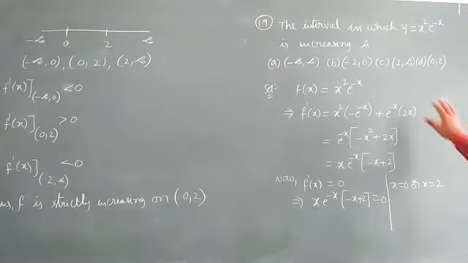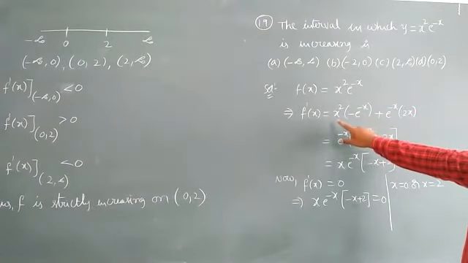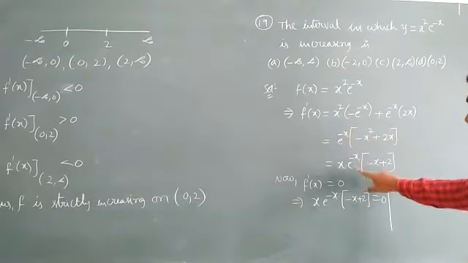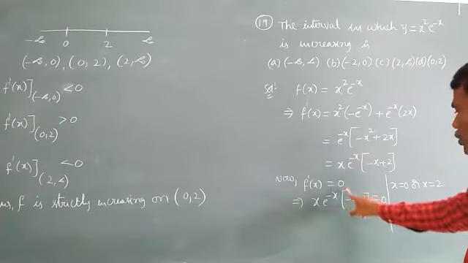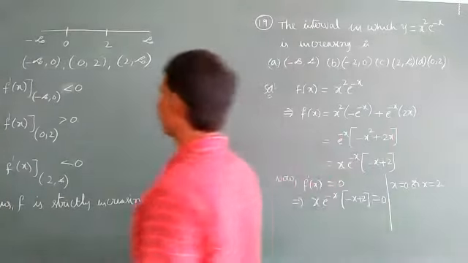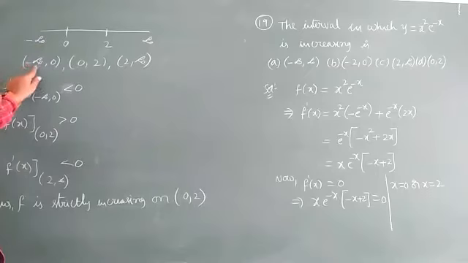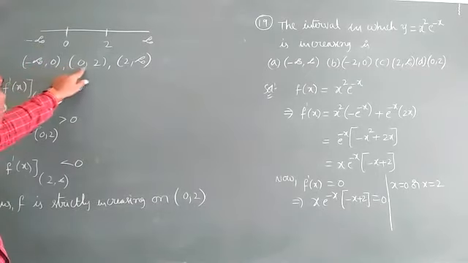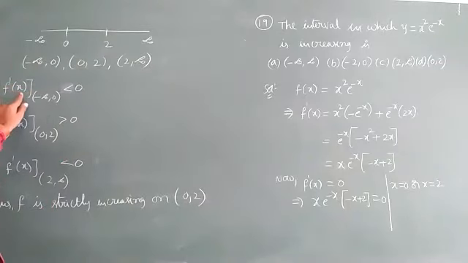Okay students, I already explained this in the 91st one. This is the type 2 model. I calculated f dash of x. After applying the condition f dash of x equal to 0, we got the critical points x equal to 0 and x equal to 2. By taking the critical points, the real number line is divided into disjoint intervals: minus infinity comma 0, 0 comma 2, and 2 comma infinity.